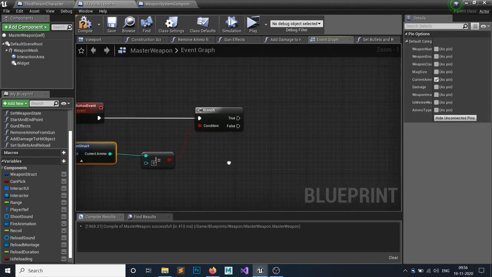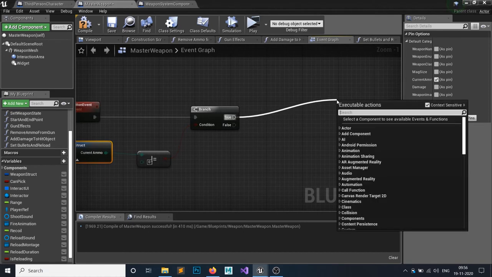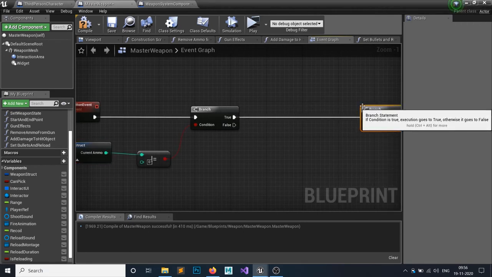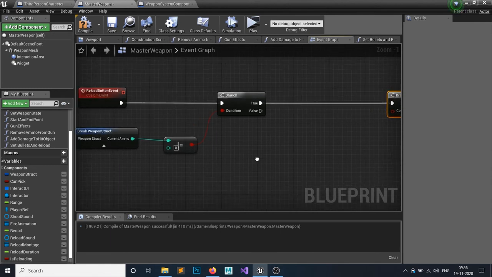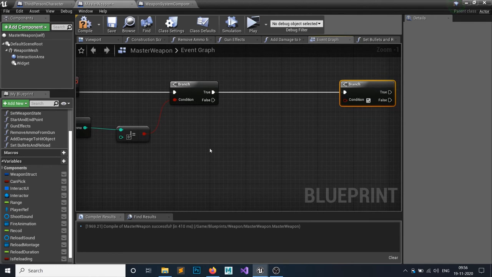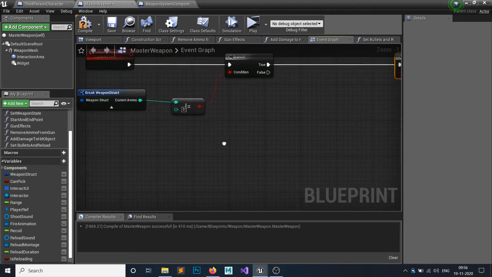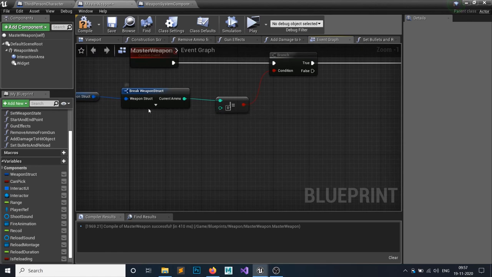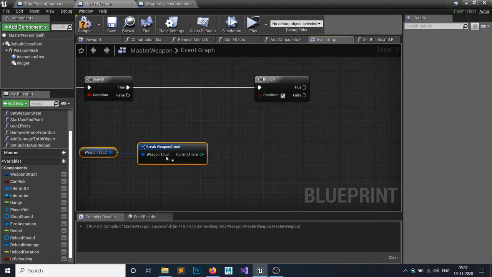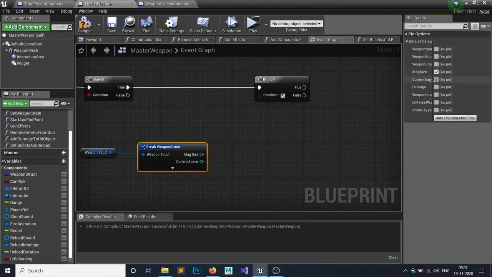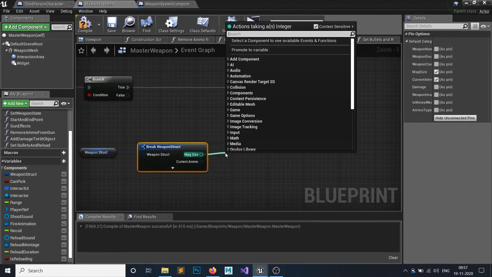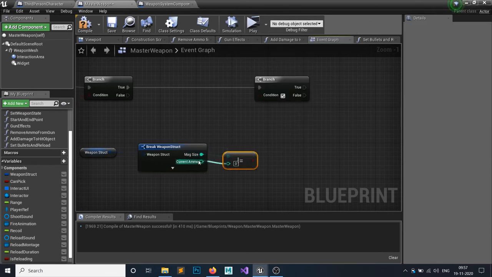So first thing in here, a second condition should be my weapon structure's clip size and current ammo should not be equal. Let's say I already have 40 bullets in my gun and the current magazine size is also 40, then I don't want to reload. So I will simply press Ctrl W to duplicate that. Okay, I need that mag size and current ammo, and is not equal to this.